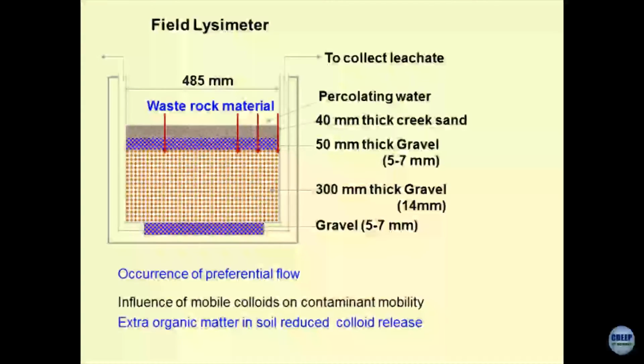So, in this case you take out the sample, undisturbed from the field, and you can place it over here. Then we cover it with the gravels on all the sides. This is the percolating water which is passing through this, and there is some mechanism by which we have connected the gravels to the outside environment in the form of wells. And from here I can put an electrically operated pump which will pump out the pore solutions, which can be collected in the leachate.